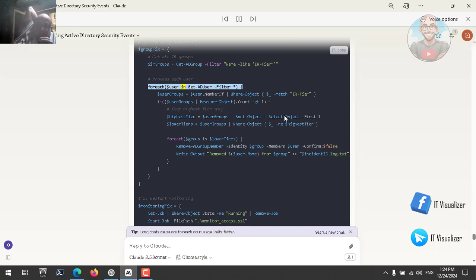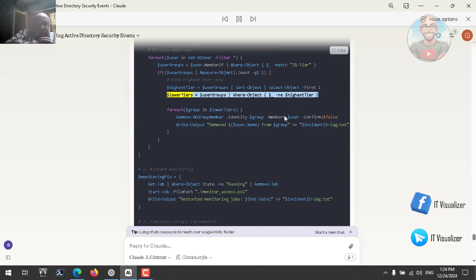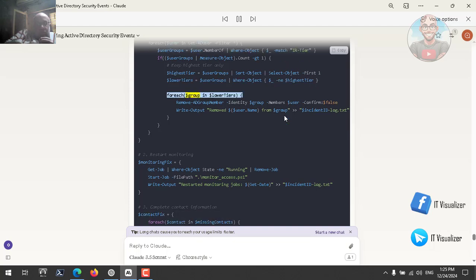For each $user in Get-ADUser -Filter *, $userGroups equals $user.MemberOf where object -match IR-tier. If $userGroups measure object count -gt 1: # Keep highest tier only. $highestTier equals $userGroups sort object, select object first 1. $lowerTiers equals $userGroups where object -ne $highestTier. For each $group in $lowerTiers,